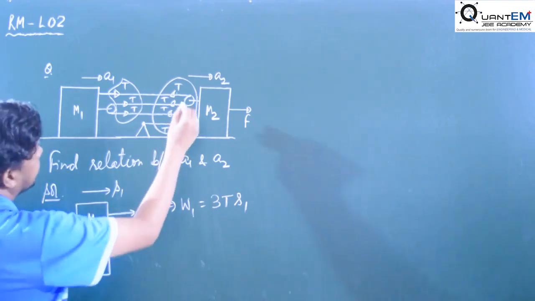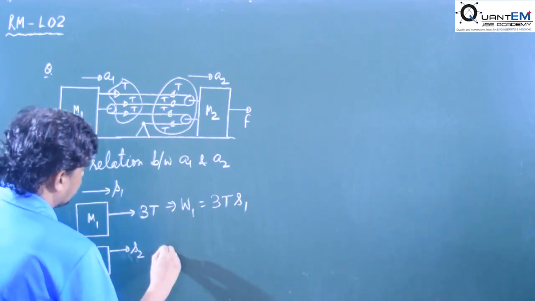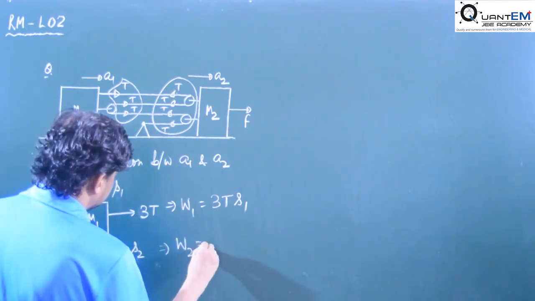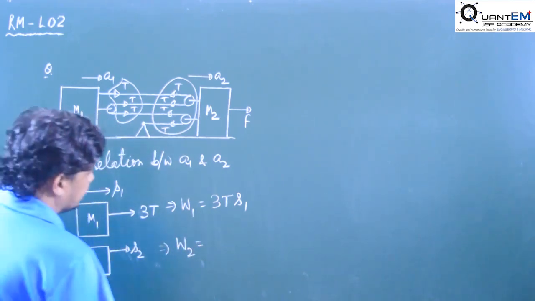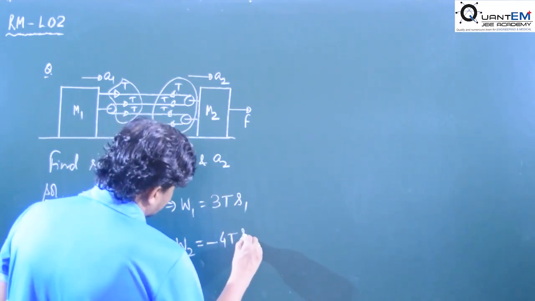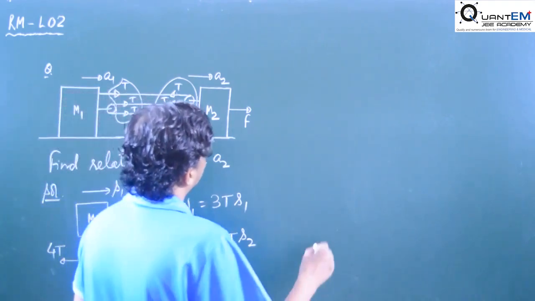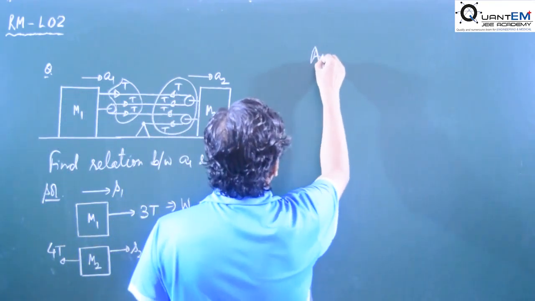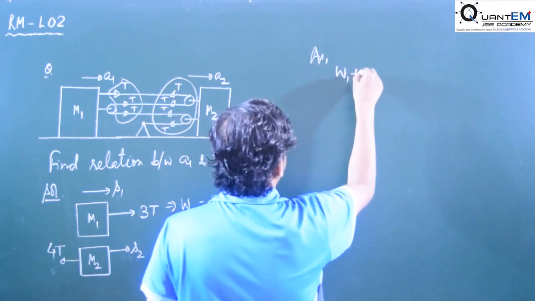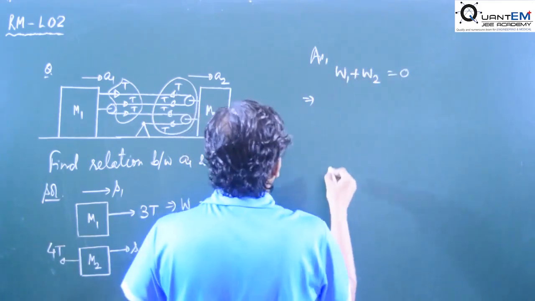40, and the displacement in this direction we have what? S2. So what is the amount of work done? 40 and S2 are in the opposite direction, that's why it is minus 40 into S2. Now the net amount of work done should be what? 0, as